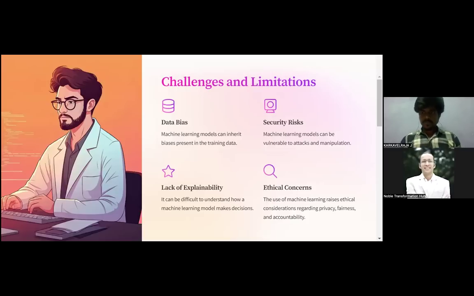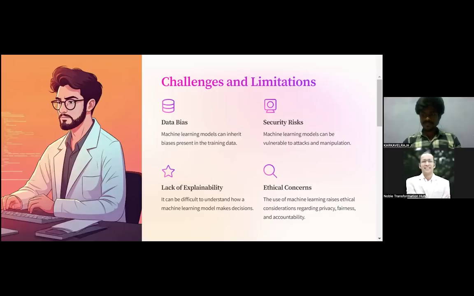Security risk. Machine learning models can be vulnerable to attacks and manipulation. Companies right now are running on machine learning, and if it is hacked, if security is compromised, then the entire company can suffer a big loss, and I think it can be destroyed, because it's all about data.